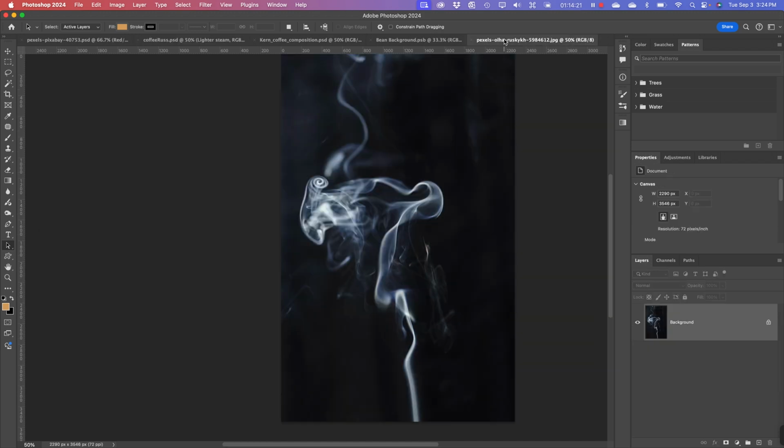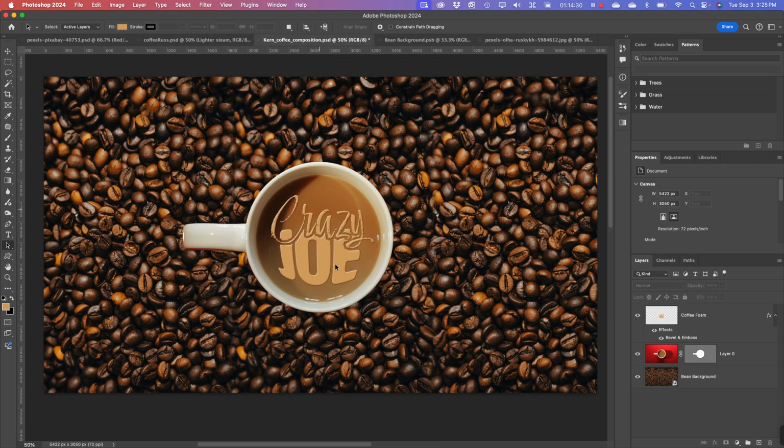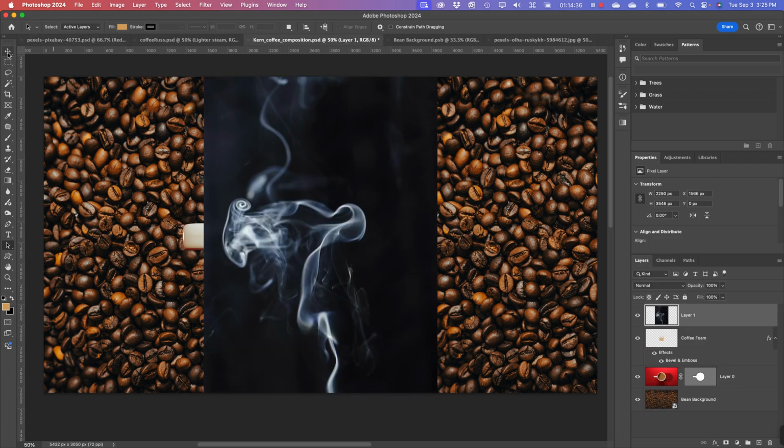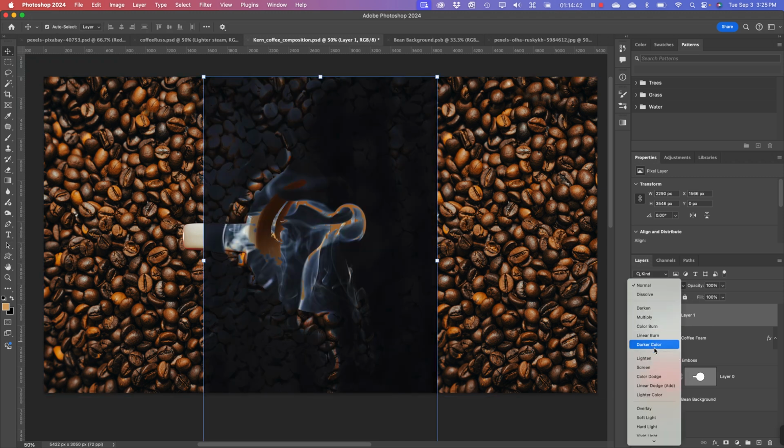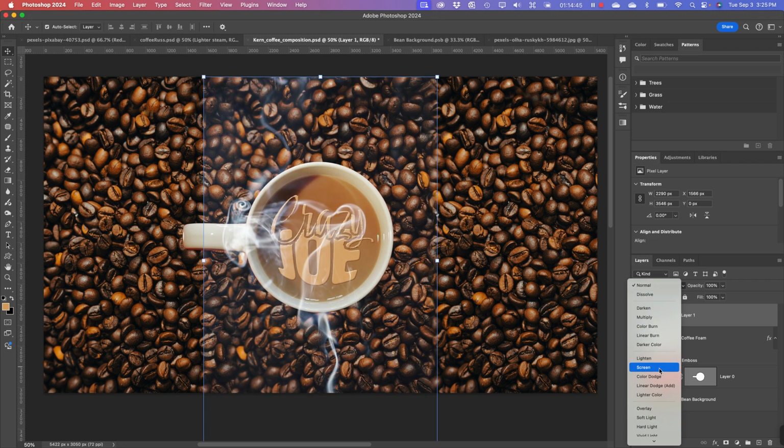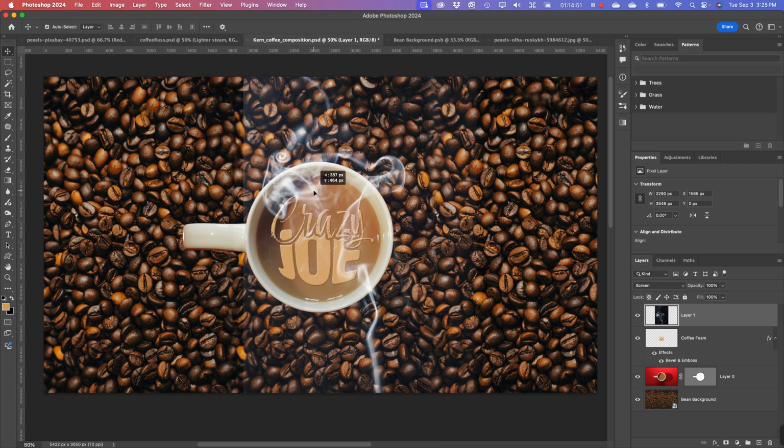So what I did with this image, whenever I tried it first, if I select it all and I copy it, and I come over here to my composition, it's going to be above everything else. So let's paste that in. If I go and change this to screen, let's see what I get. It worked out okay that way. I actually converted it to a black and white image and darkened the blacks and brightened the whites, but you don't have to; this worked out okay this way. I just kind of take that,